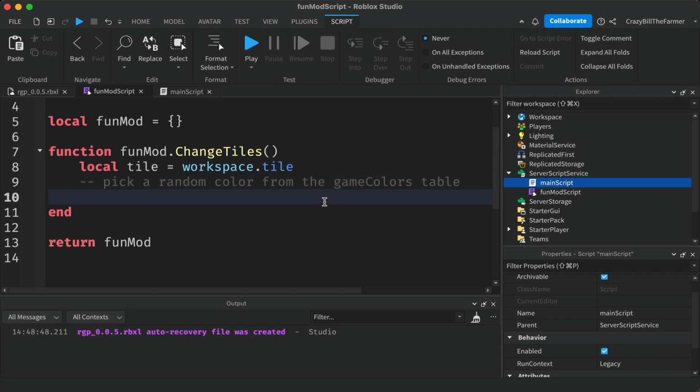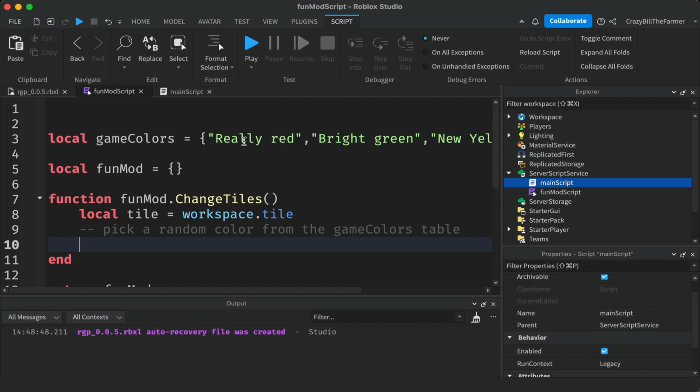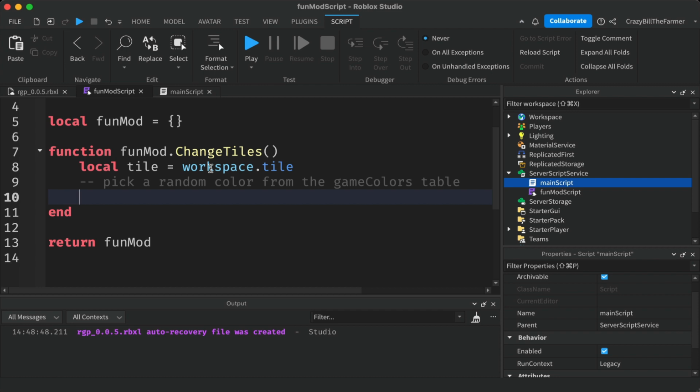So to get a random number, we're going to pick, remember a table has indexes. So this is index 1 for red, 2 for green, etc. So we need to pick a random number from 1 to 4, because we have 4 colors, that we can use as an index to change in the table. So we'll create a variable called random index